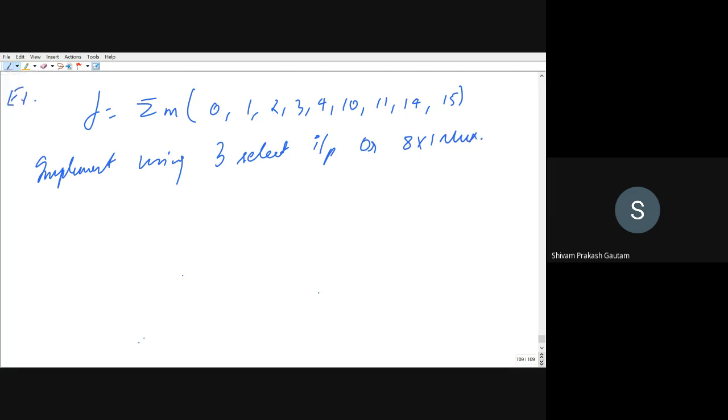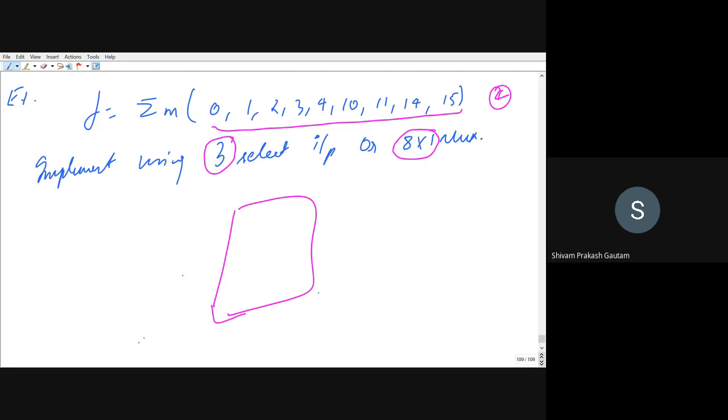Okay, so how many minterms can you see here? It is having the minterms up to 15 as well, right? So how many variables will you need to represent these minterms? 4 variables, right? That is exactly correct. But in an 8 cross 1 mux, how many select lines will be there? 3 select lines, right? If it were like our previous problem, we could have drawn directly, but here how many select lines will be required to represent this logic?